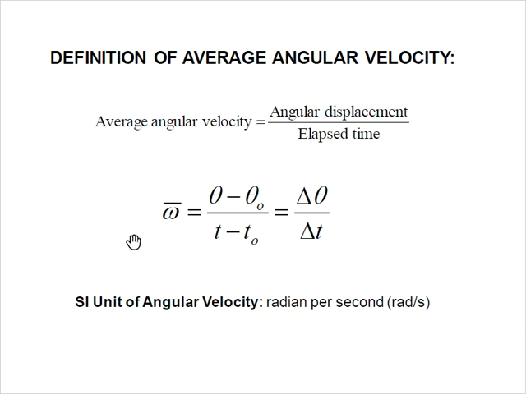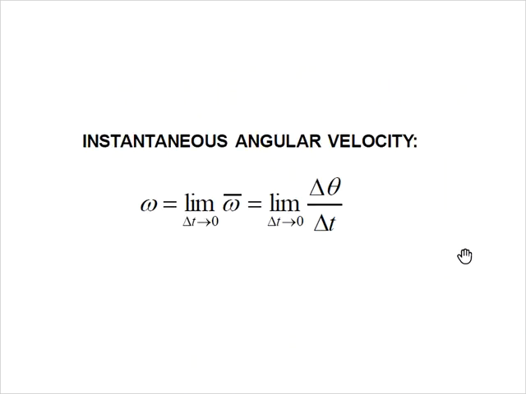Okay, and we're going to use this funky w there, what's called omega, and a bar over the top. That bar means average, so our average angular velocity is just the change in our angular displacement over the change in time. Okay, and this is going to be radians per second, or sometimes just per second. All right. Okay, instantaneous angular velocity. I warned you before, we could let that delta t go to 0, and your average becomes your instantaneous, just like it does for